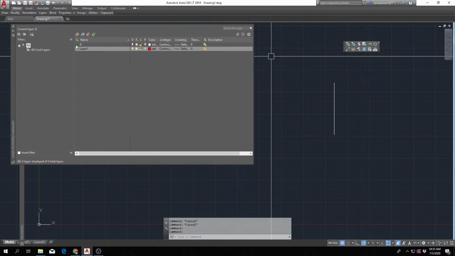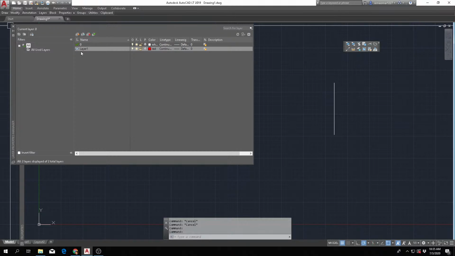This little check mark is saying that the layer that you're currently on is layer 0. So if I draw, I'm always gonna draw on layer 0. But if I wanna start drawing on layer 1, all I have to do is double click it and it just jumps to it. Or I can also click on this one and then